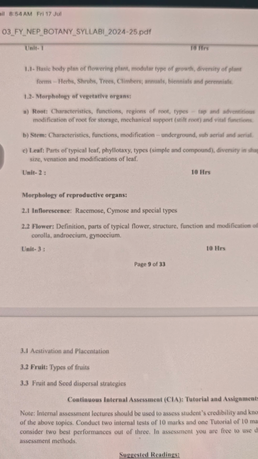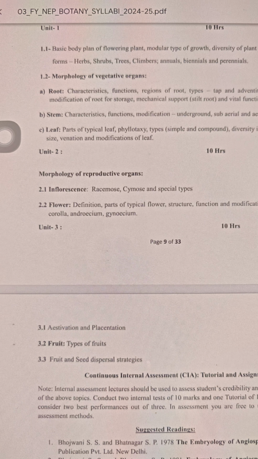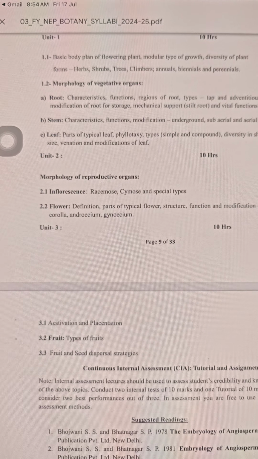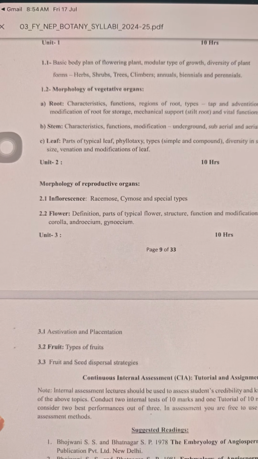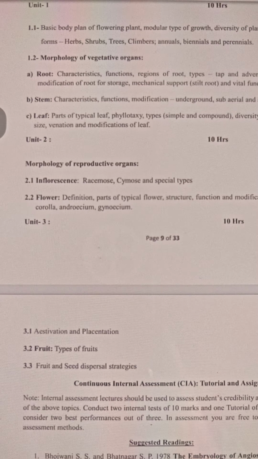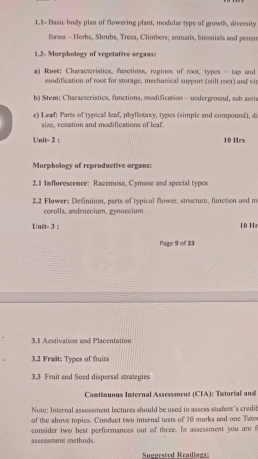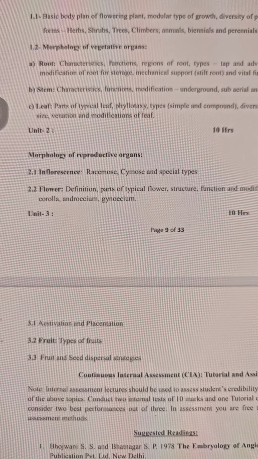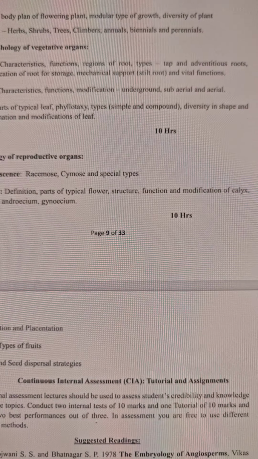So as we have discussed in unit 1 all the vegetative features, in unit 2 we will discuss the reproductive structure, only the morphology of that. So that is 2.1, inflorescence. So what is inflorescence? It is nothing but the cluster of the flowers. Okay, so its arrangement, that is racemose, cymose, and special type of inflorescence. 2.2 is the flower, definition, parts of